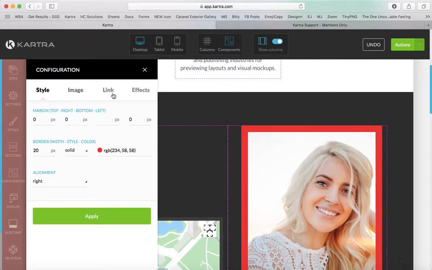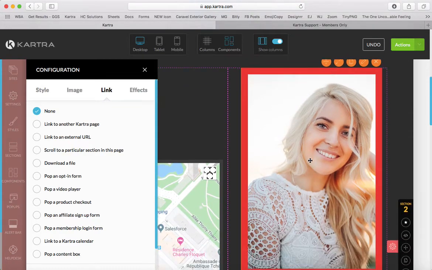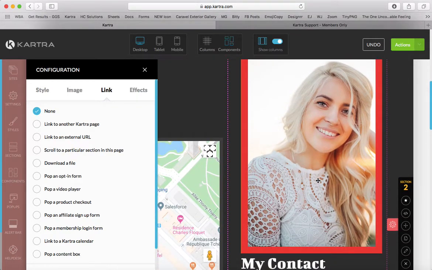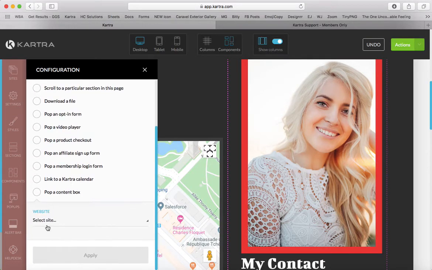That's okay. If we want this to actually be a picture or an image, let's say it's not a picture of a person, it's a picture of text, and it says click here for more information. I would probably use a button for that, but if it was an image that I already had that had content, these are all the ways that you can link within a Kartra page. You can link to another Kartra page. If I select this, scroll down,